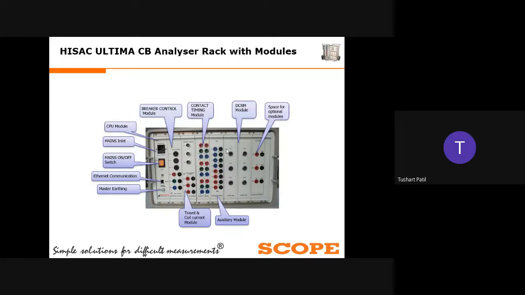The sixth and seventh cards are used for connecting the DCRM module with the main module. We also have the facility for additionally measuring DC motor current, analog channels, and station coil resistance. If you want to measure the coil resistance, then you can provide the